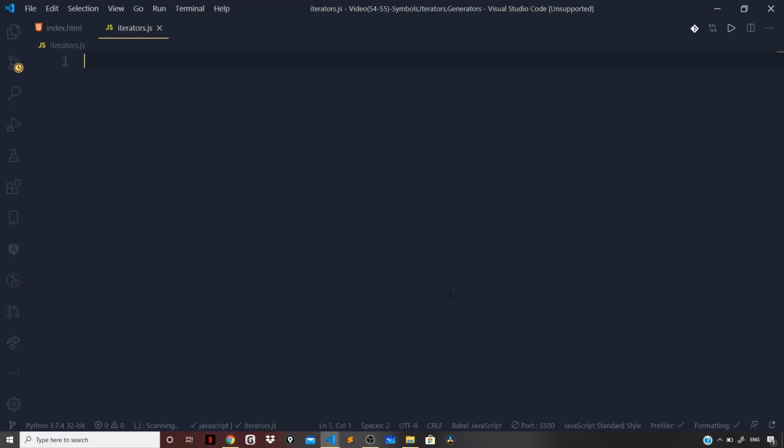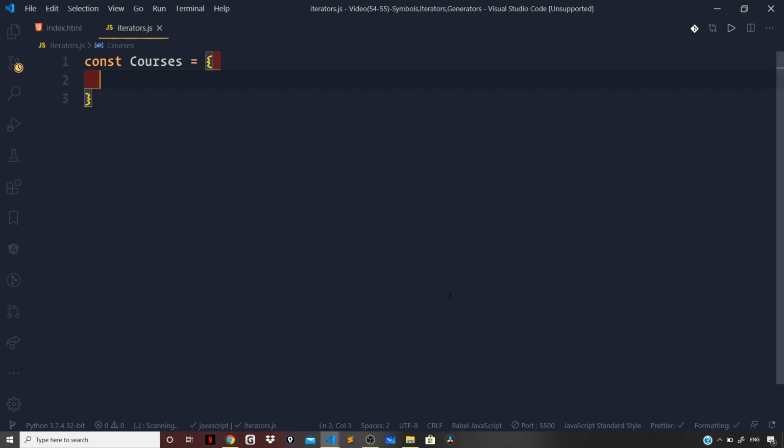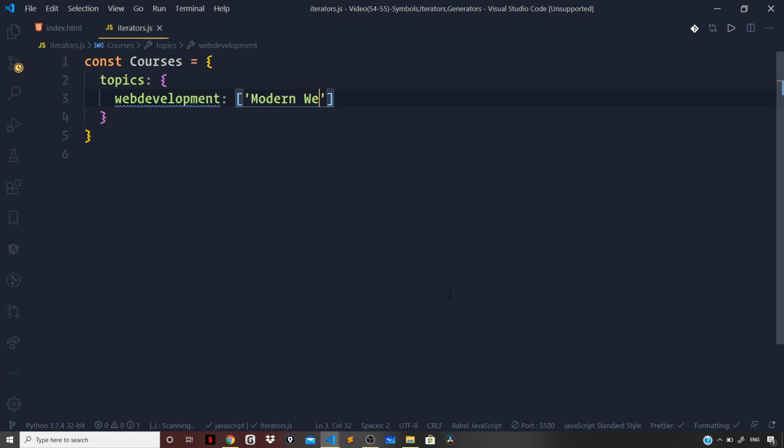So back in my Visual Studio Code, let us define an object, and I will name it as uppercase C Courses, and set that to an object. And inside this, let us nest an object, and I will name it as topics. So using the curly braces, let us define some key value pairs pertaining to our topics object. So first let us define the web development key, and set that to an array, and I will set it to some course names, or you can say technology names. So modern web development,